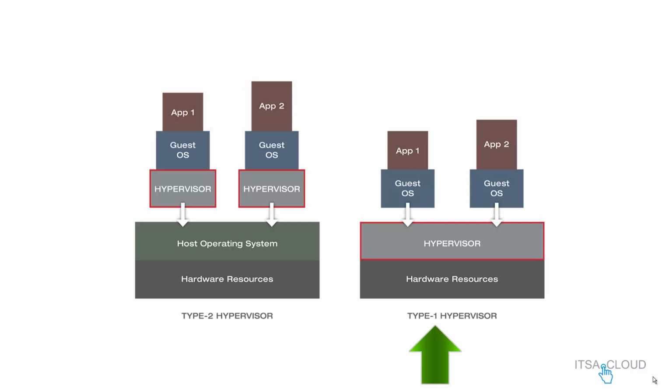Type number 1 hypervisor is very similar, but it is not the same. All right, so at the bottom we have hardware resources, the same as hypervisor number 2: CPU, memory, hard drive, and all that stuff. One level up, you are gonna have the real hypervisor right there. You're gonna run the installation for vSphere hypervisor ESXi, and that's it.